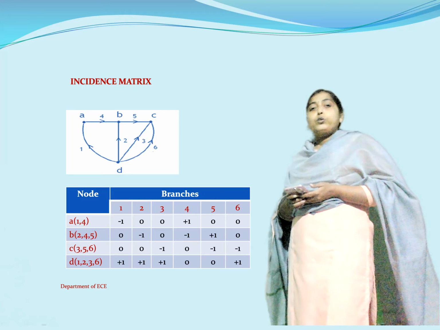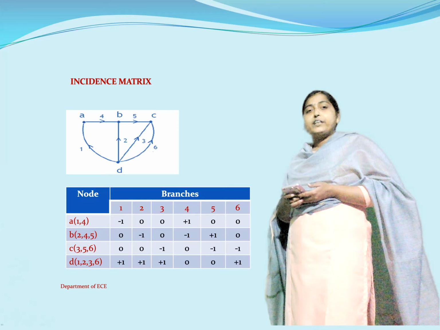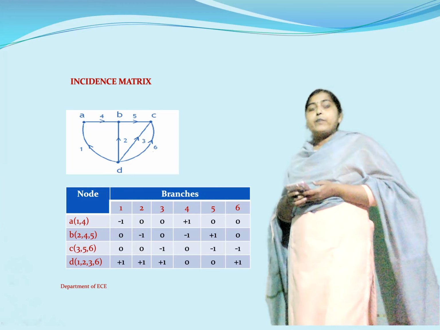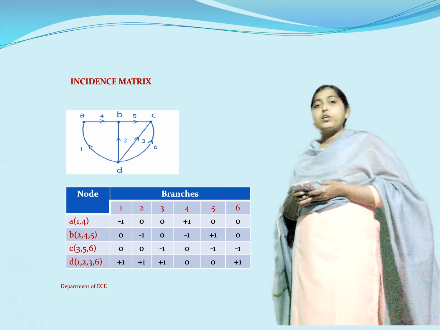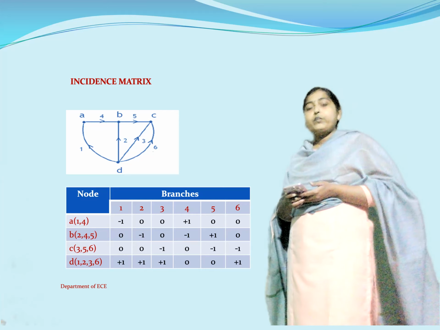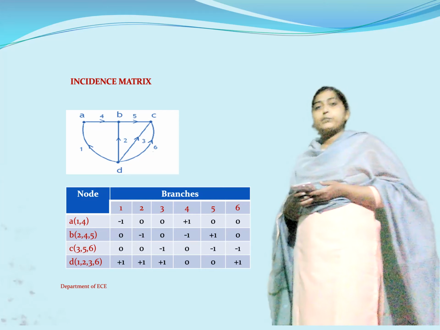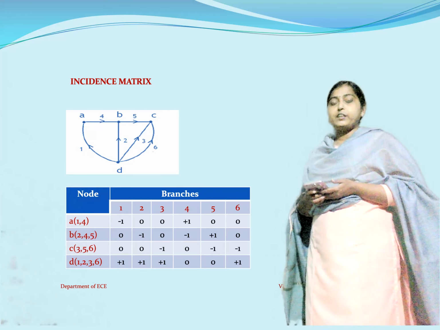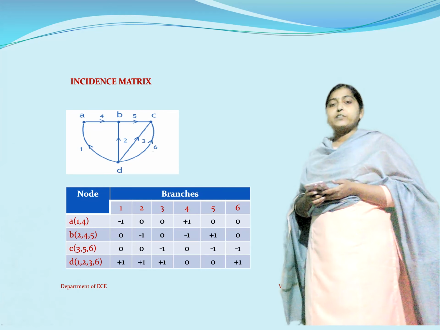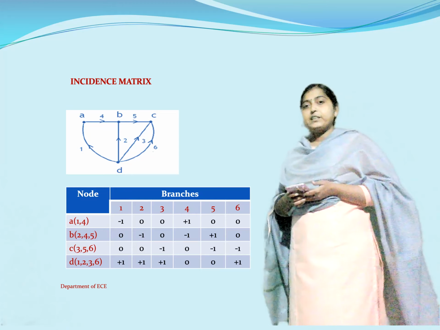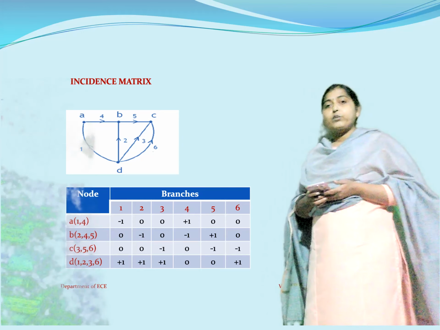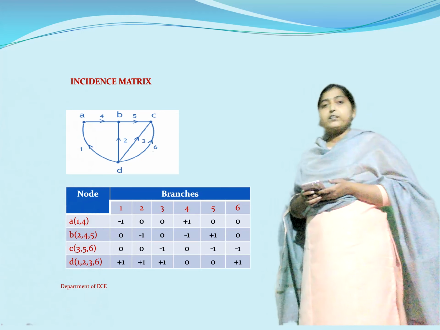Okay. So you write a node on the top left corner, and below that you make 4 rows, each row consisting of 1 node. So there are 4 nodes, I am getting 4 rows here. Now coming to the next line beside node, you have to write the branches. Now when you write the branches, we know that already there are 6 branches in this, so you make 6 columns here. So mention the branch numbers as 1, 2, 3, 4, 5 and 6. Okay, so I hope it is clear to everyone. So horizontally you write the branch numbers, and vertically you write the node numbers.